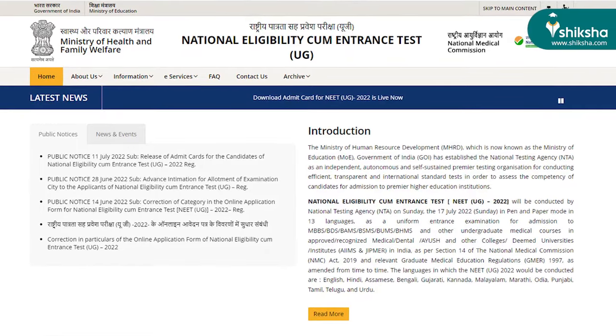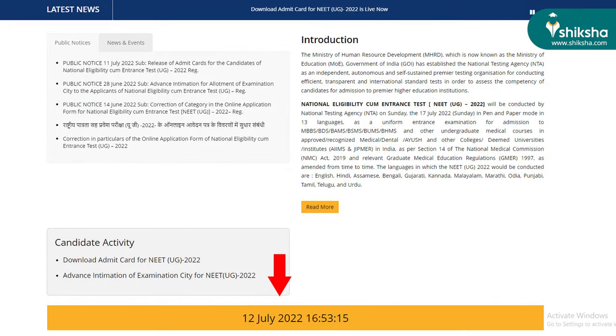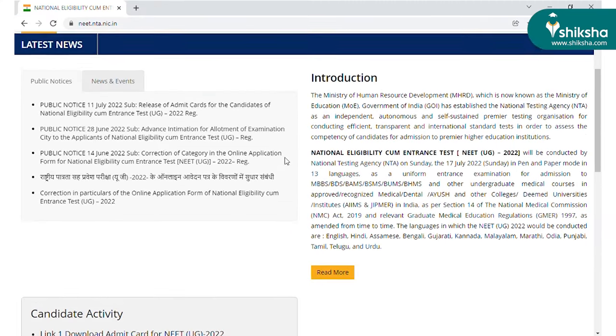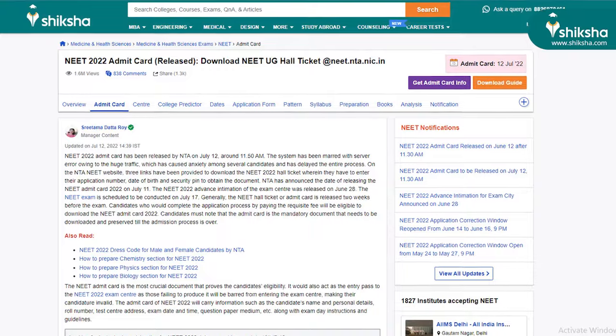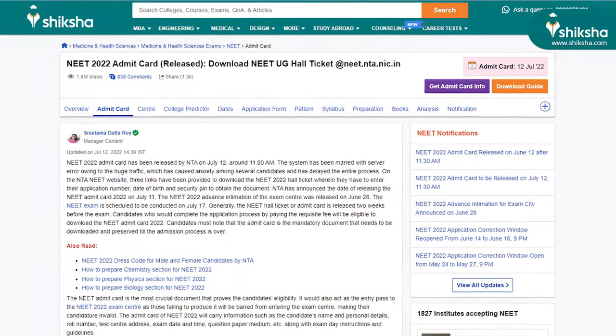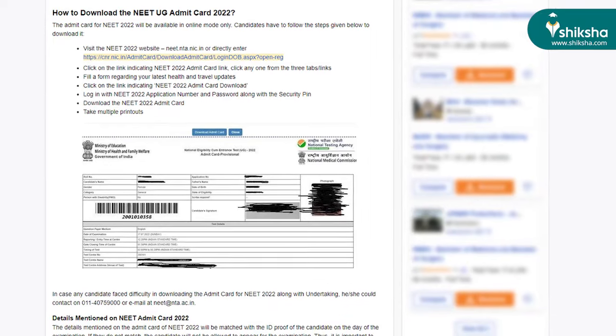NEET 2022 admit card has been released by the National Testing Agency or NTA on July 12. Candidates will have to download it online by following some simple steps. In this video of shiksha.com, we will provide to you the step-by-step procedure on how to download the NEET 2022